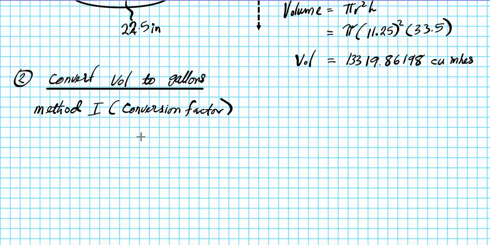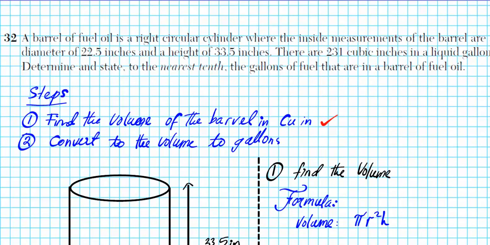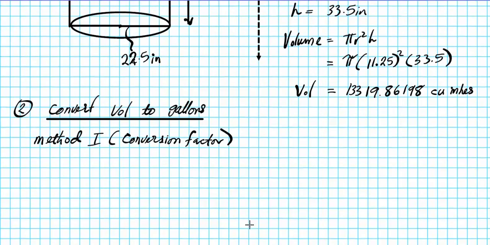Okay, so in this problem, we have a conversion factor. What is a conversion factor? You're told you have 231 cubic inches in a gallon. That's the conversion factor there, okay? So conversion factors